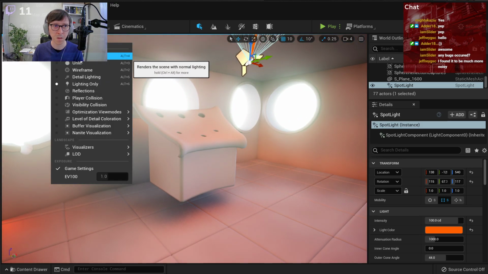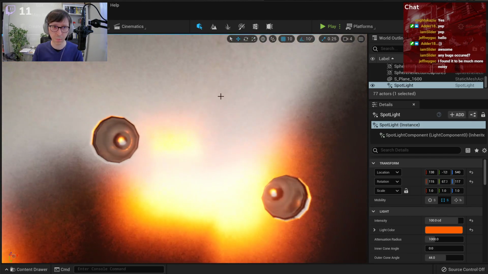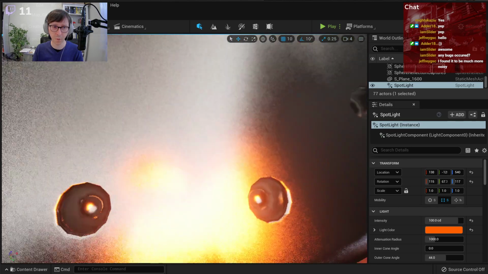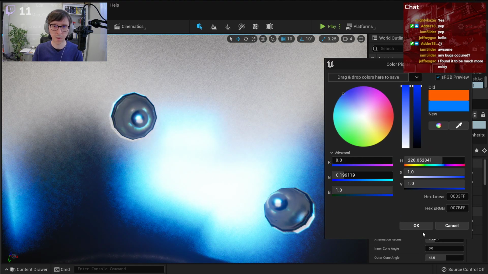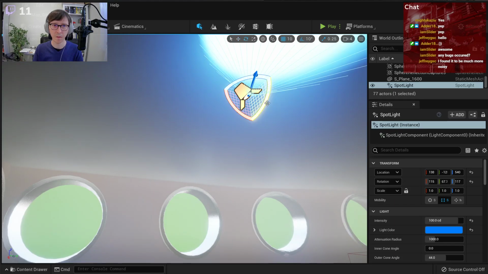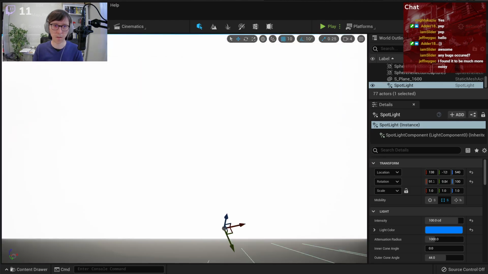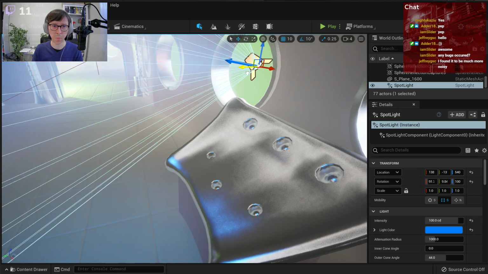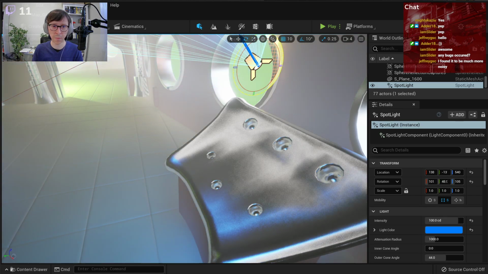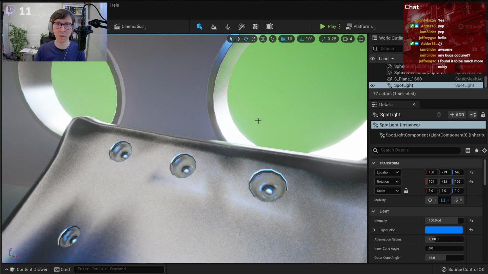Okay, so no lighting only, let's go to lit. And yeah, we have our bounced light from the top, visible as the reflection. If I change this light, it changes here as well. If I rotate this, okay, let me make it more visible. Yeah, when I move it and rotate it, everything's reflected instantly. So, you know, normally for that,